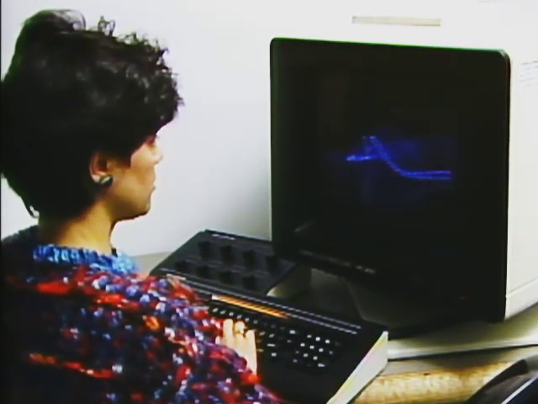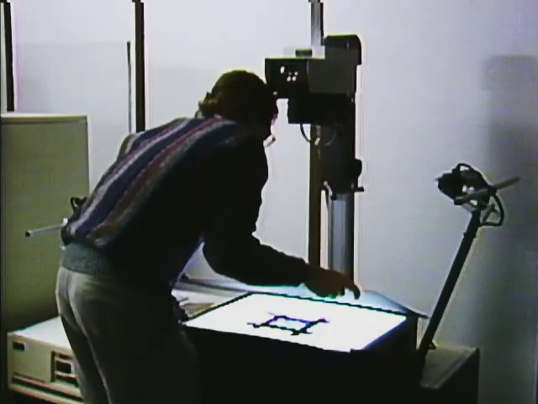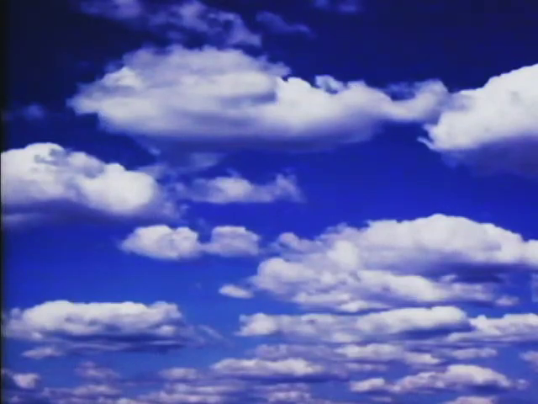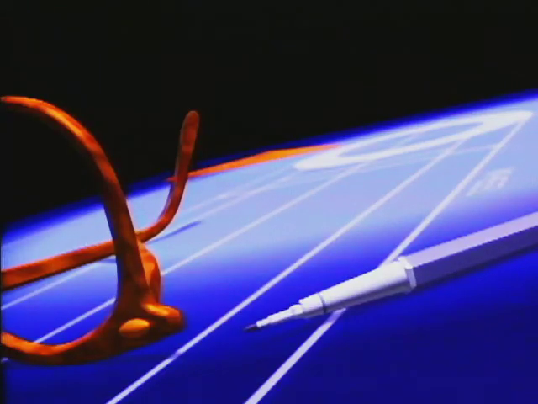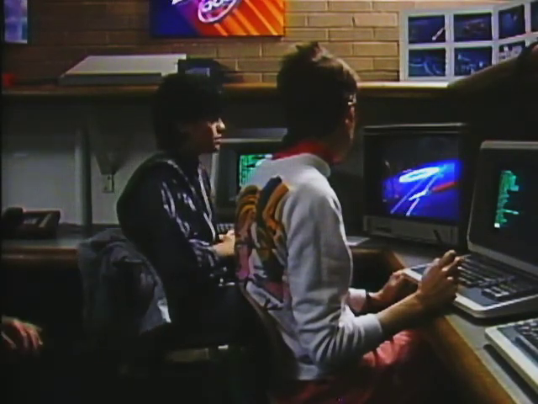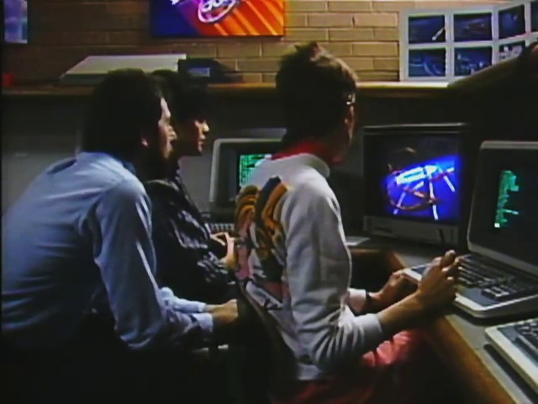The model is easily moved in its wireframe form. Using video camera input, real pictures of clouds are placed or mapped onto models of the gears. Several completed still frames are made to check the color and lighting. The animator tests a rough version for motion before the final commercial is recorded onto either videotape or film.